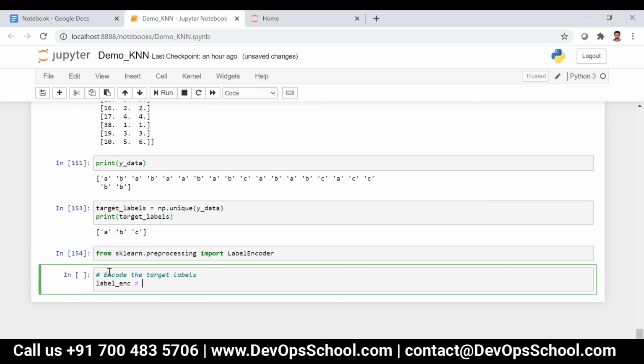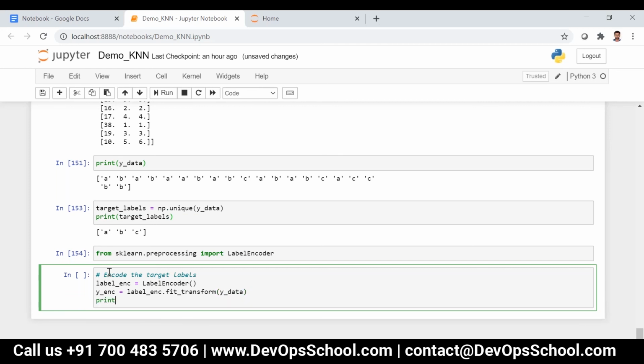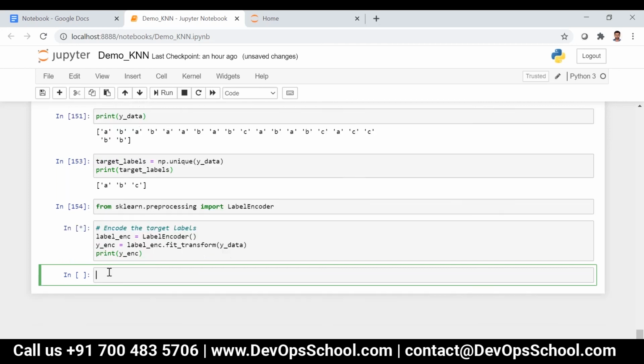So I write label encoder, and then y encoded is equal to label encoder dot fit_transform of y_data. Now if I print y_enc, you can see the output like this.